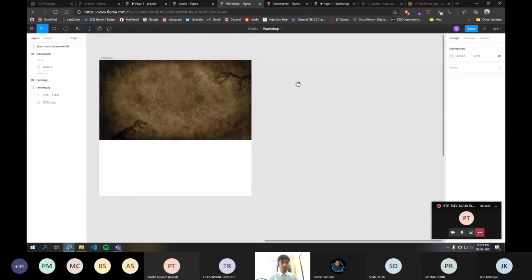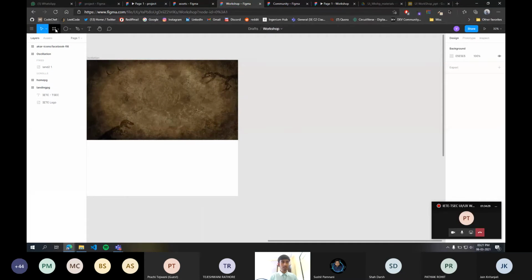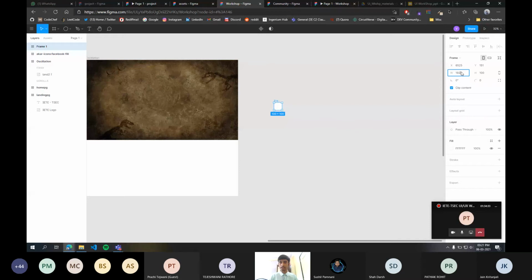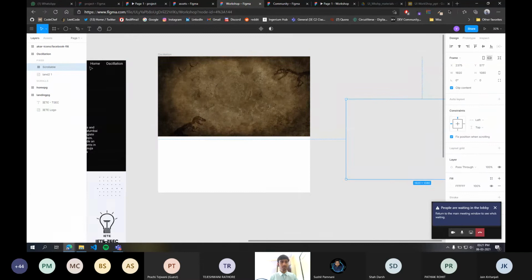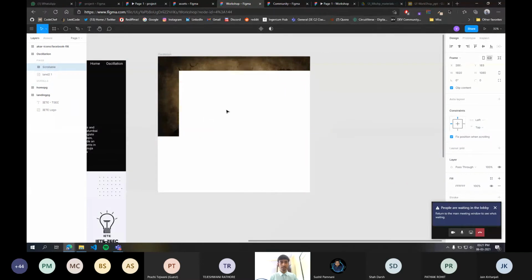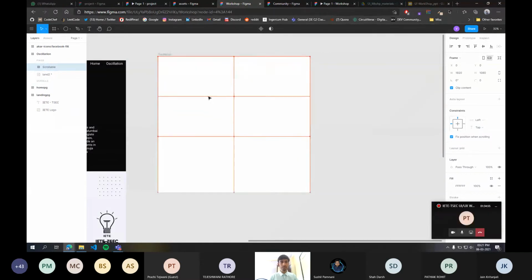So again select the frame, give it the same width and the same height, and name it scrollable. Drag this scrollable inside of this fixed, and place it over here.